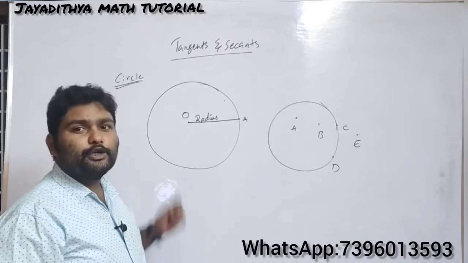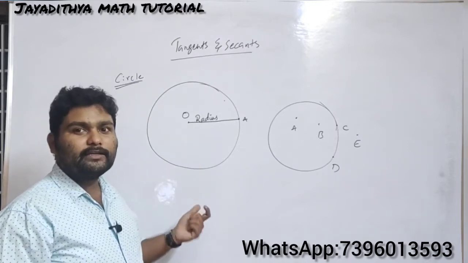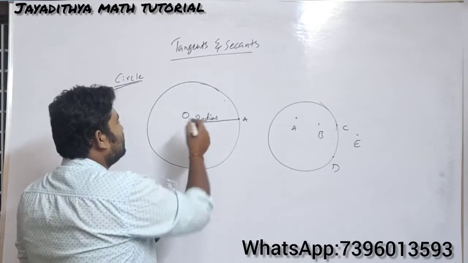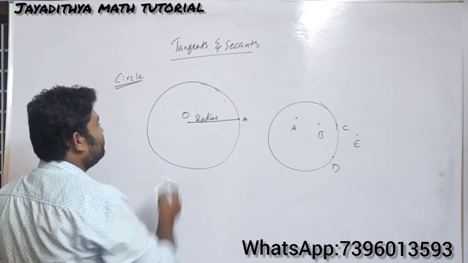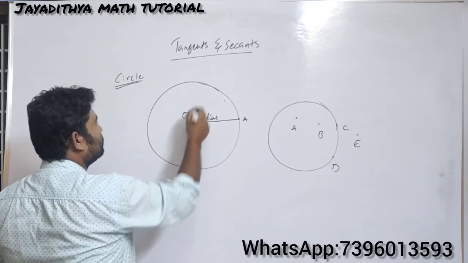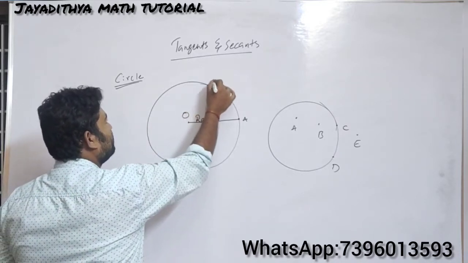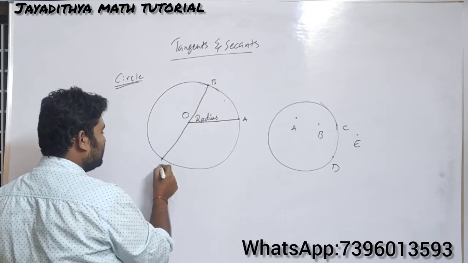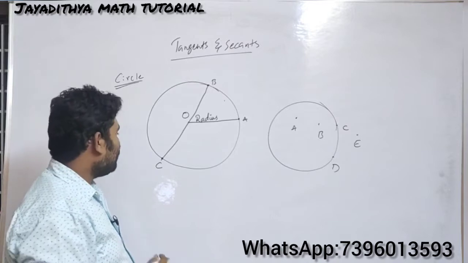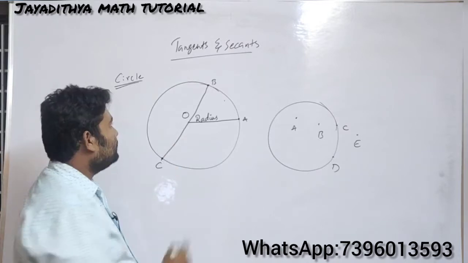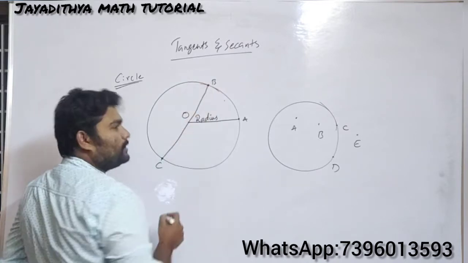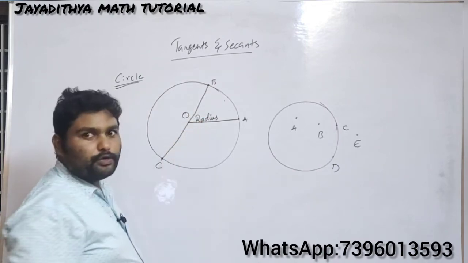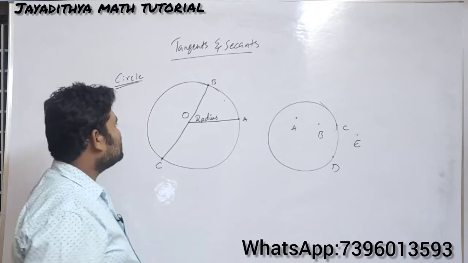You know very well, two circles are equal or congruent when their radii are equal. So this is nothing but the radius. And if a line is drawn like this, let us take a point here, B. I am joining BO, and up to here there is another point C. Now you see this one. C is also a point on the circle, and the line is passing through the center O.